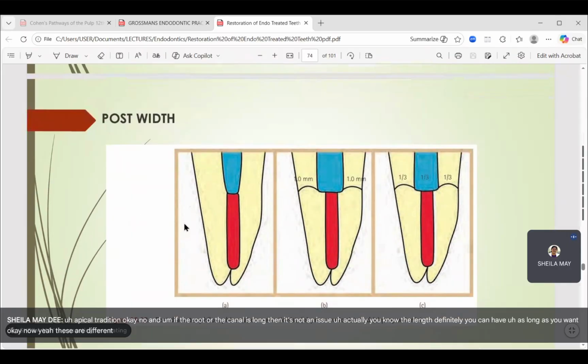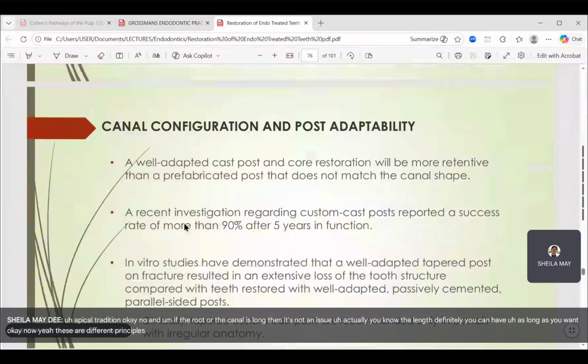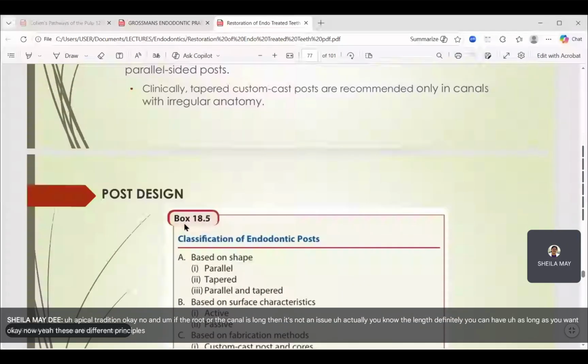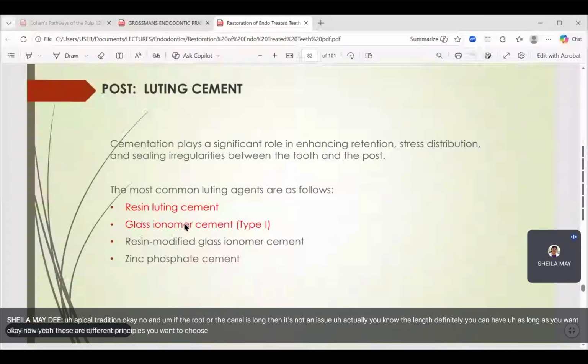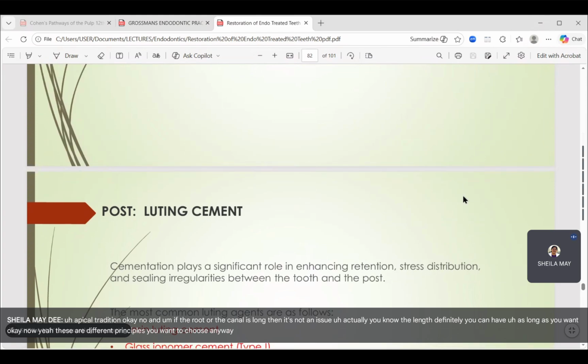These are the different principles. Where is my, actually, you want to choose. Sorry, it went to luting cement. Anyway, I don't want to look for the slide anymore. Anyway, you,